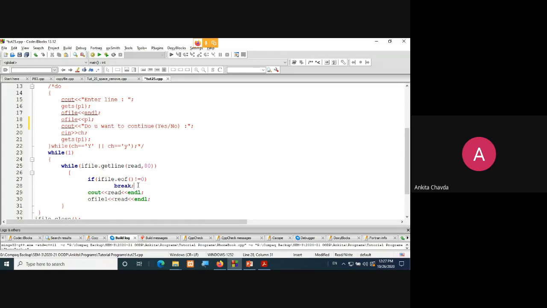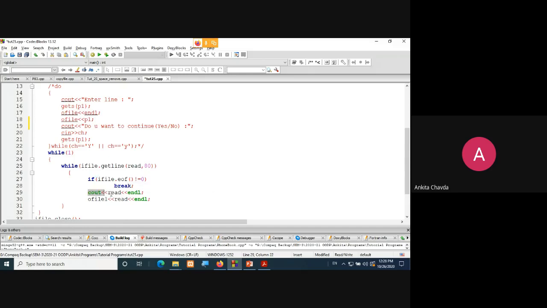If I have reached EOF, it will simply break, because we have reached EOF. EOF will be 0 if you have not reached EOF yet, right? End of the file is true, yes or no. Based on that, it will give you the response, right?